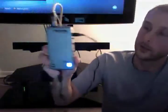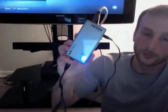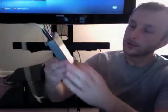And last but not least, let's talk about this bad boy. This is your 5.1 Dolby box. It's a true processor. This thing is doing some business. I wish this thing had a little LED or LCD, something on this thing. It's got LEDs, but if it had a little LCD screen